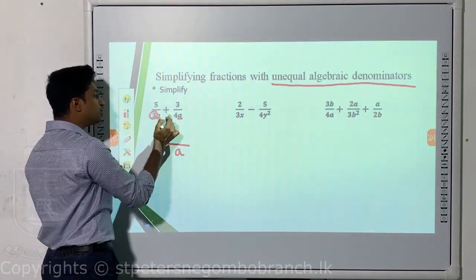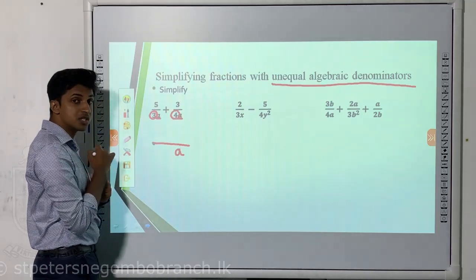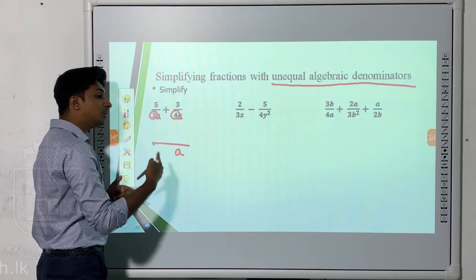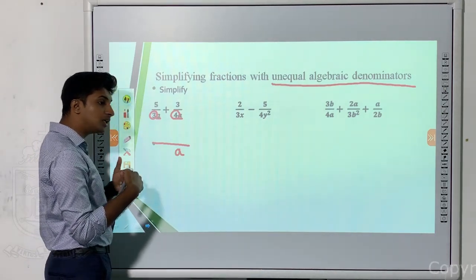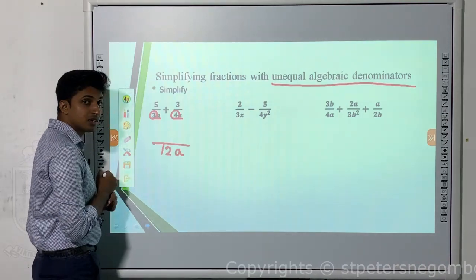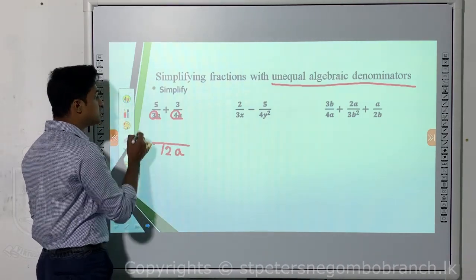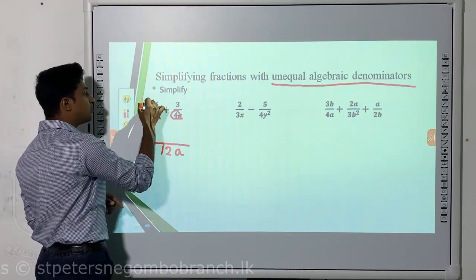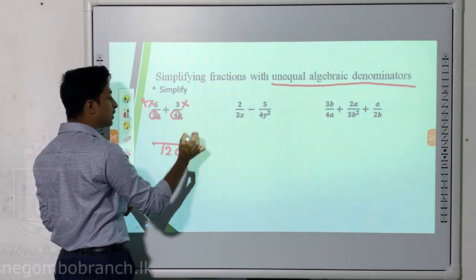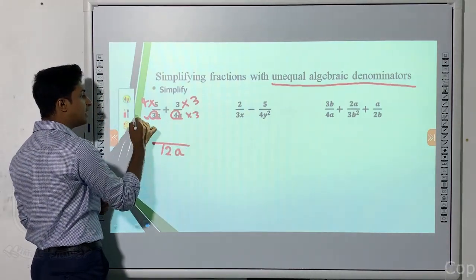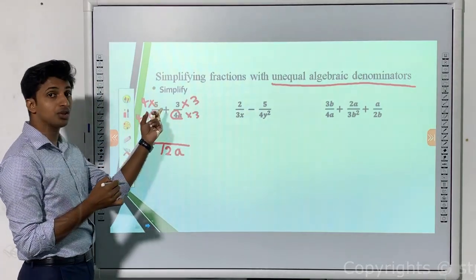Now look at the two numbers. I have 3 and I have 4. So the common denominator I can take, or the common term I can take within 3 and 4 is going to be 12. So I can take 12. So that means to bring 3 to 12, I have to multiply by 4. To bring 4 to 12, I have to multiply by 3. That means the down numbers I have to multiply. The same change will be done to the top ones.